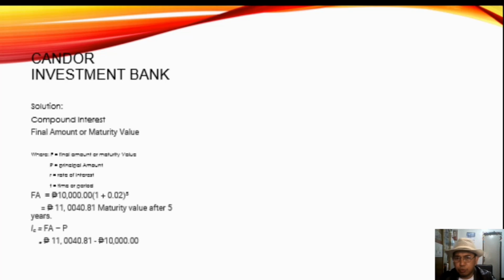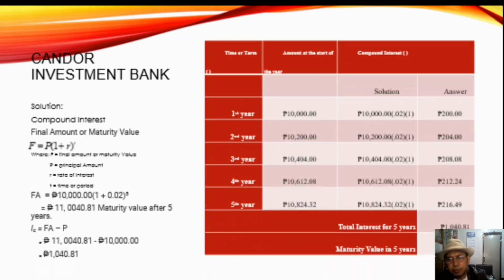So what is your final amount? 11,000 pesos plus 40 pesos and 81 cents minus 10,000. So the interest after 5 years would be 1,040 pesos and 81 cents. Now if you would like to have the detailed computation of the